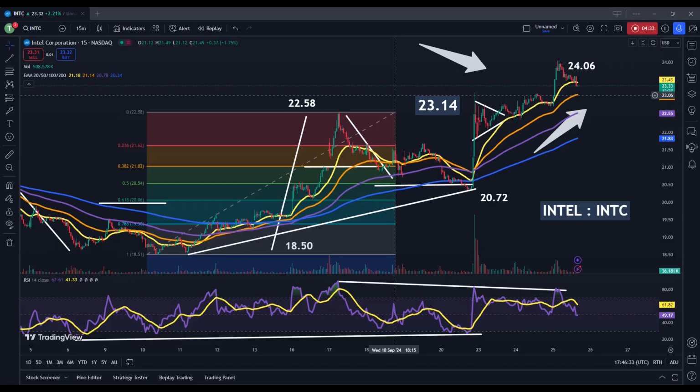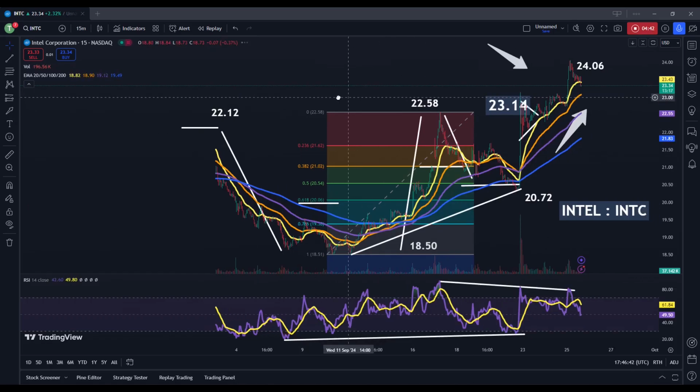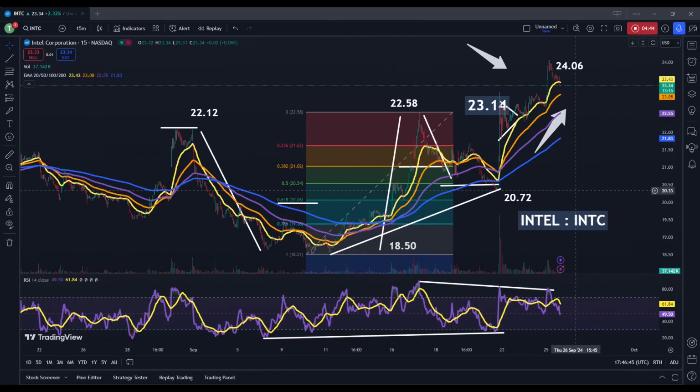So when they removed that in the most recent earnings report, they announced that they were going to be suspending the dividend. In my view, this is really what led to a lot of the selling pressure. It really changed the outlook for the company, and that is really what showed that the company is in more trouble, in my view. I mean, a lot of people were focusing on